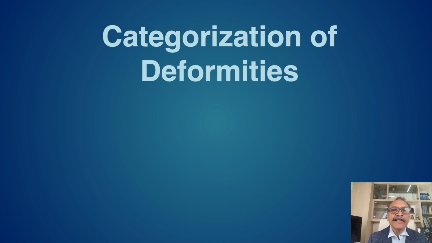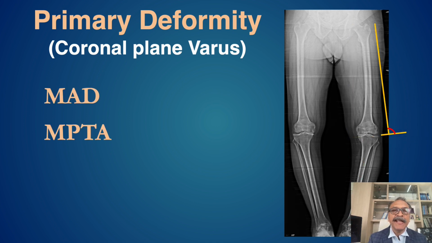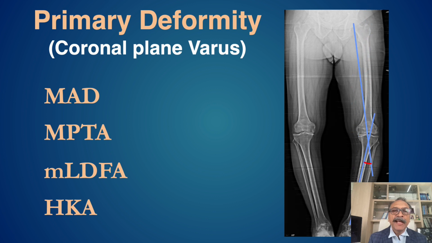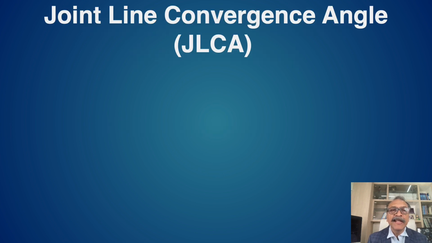So we categorize the deformities as a primary deformity, which is a coronal plane varus, which is measured by the MAD, by the MPTA, by the MLDFA, and of course the hip-knee-ankle angle. The secondary deformities are really not well known, and they are the intra-articular ones, and this is where we'll turn our attention to. They're based on 2 radiological measurements we take, and that's the joint line convergence angle, which is